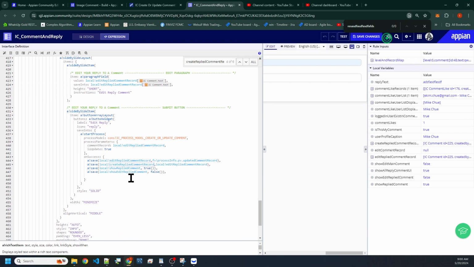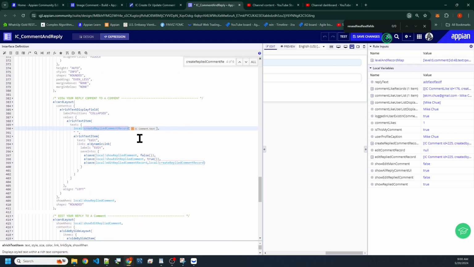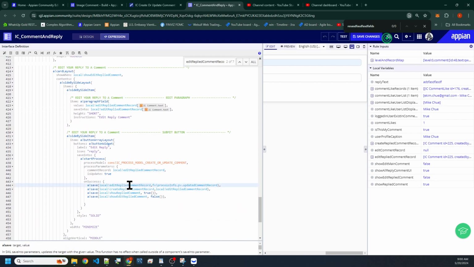Because we want to go between this one and this one, every time we edit, it passes back into this one down here. And then we pass this into this paragraph field up here, and then we're able to update it, and then we're able to pass it back into the process model. The process model then saves it, sends it back out to us, and then what we do is, okay,